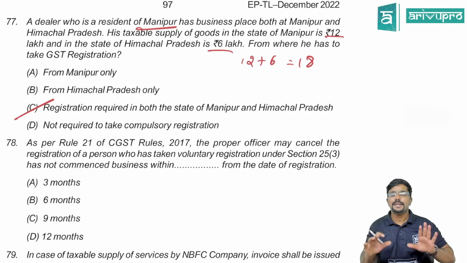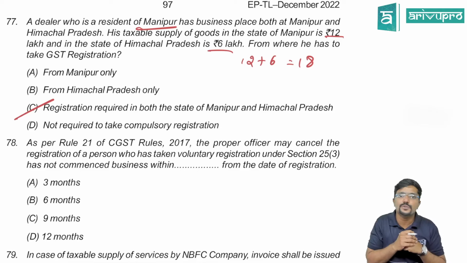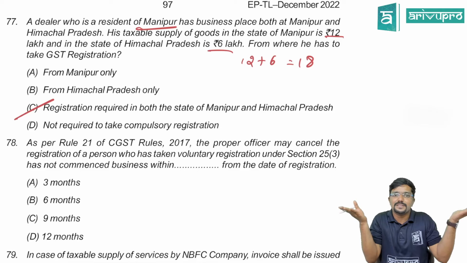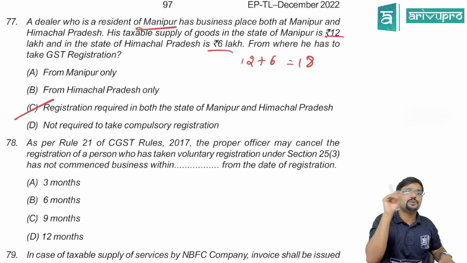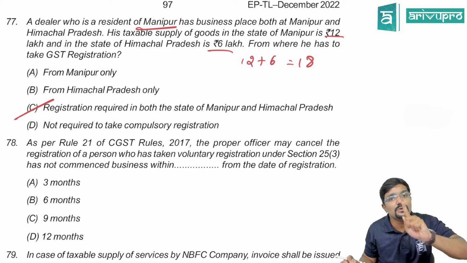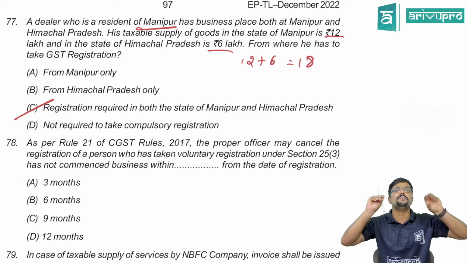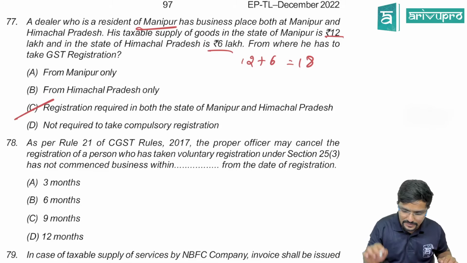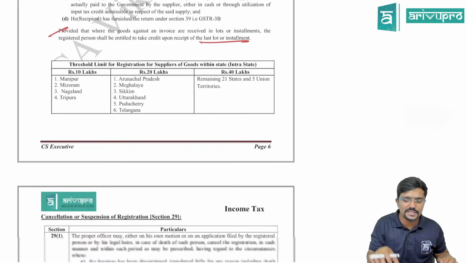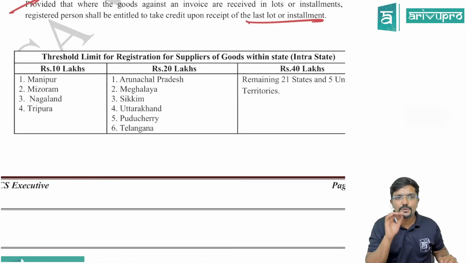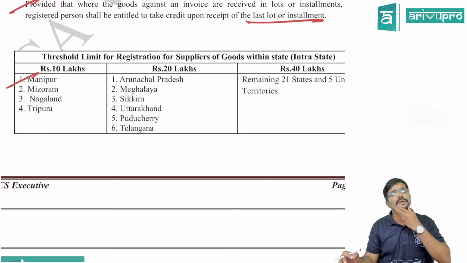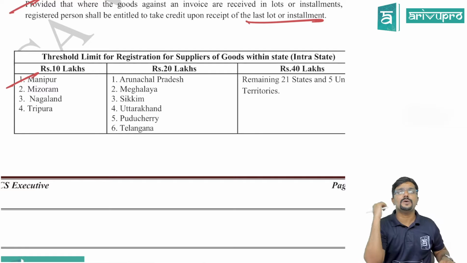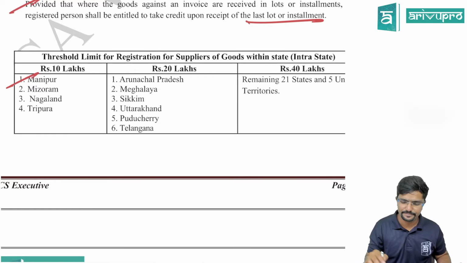Please be careful. Sir, is he engaged in interstate supply of goods? No. See, in both the states, assume he is supplying the goods within the state. So he is not covered under 24. But still, the threshold limit applicable for him, as he is engaged in supplying the goods in one of the special states, will be 10 lakh. Agree? Yes. So about this threshold limit, we have discussed in detail in our regular class also, guys. So he will fall in this category. So the threshold limit applicable for him will be 10 lakh. So if his aggregate turnover on all India basis crosses 10 lakh, he has to get registered in every state.